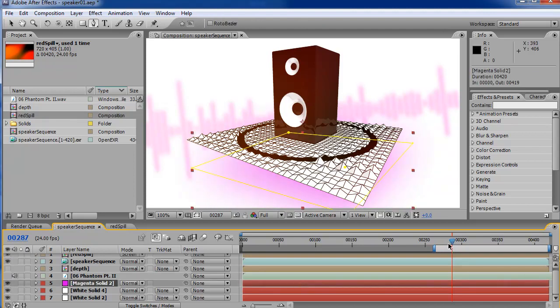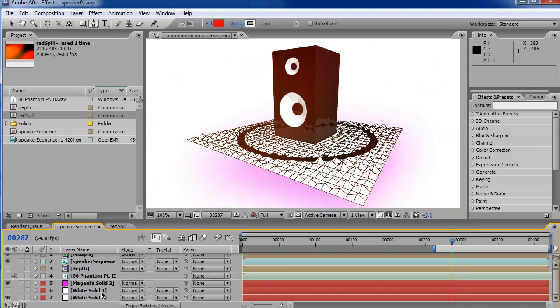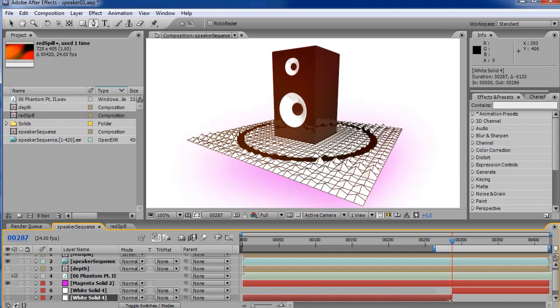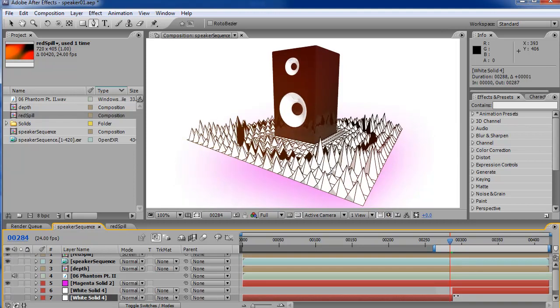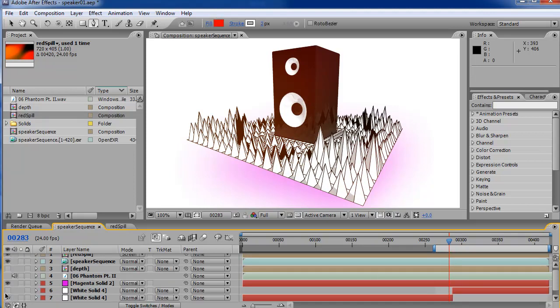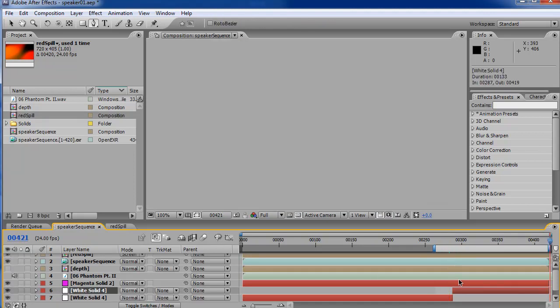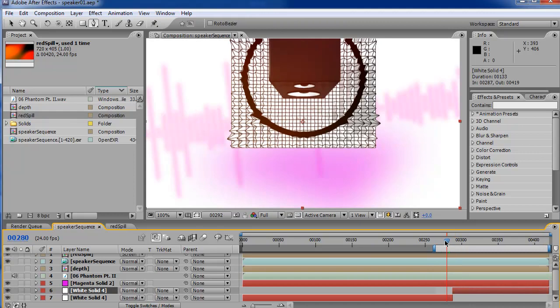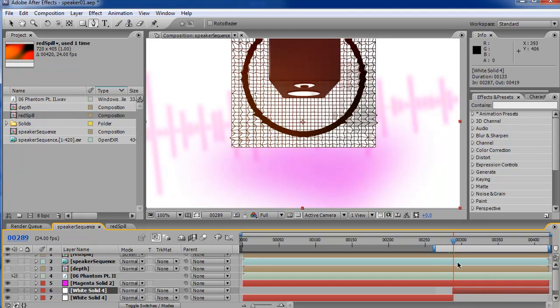Okay. So right here, I will add this one and duplicate it and just move it in so that it actually disappears. Yeah, so at this point, when it turns around here, I just wanted this one maybe to be